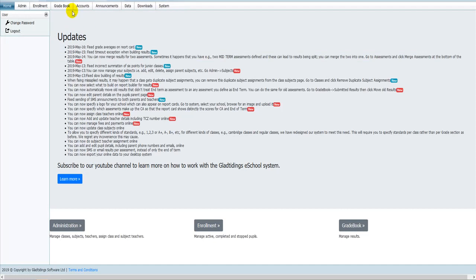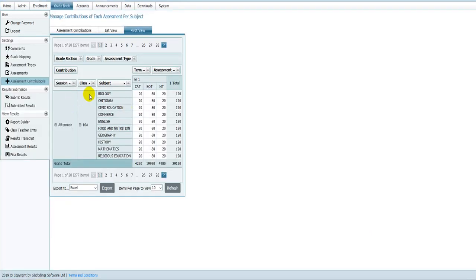And if we would like to view what we've done, if you want to view submitted results, for instance, so you go to gradebook. Let's just wait for this to load. So we would go to gradebook. Where's gradebook? Yes, we're already in gradebook. So we go to submitted results,